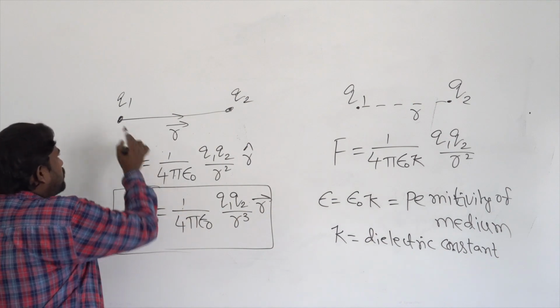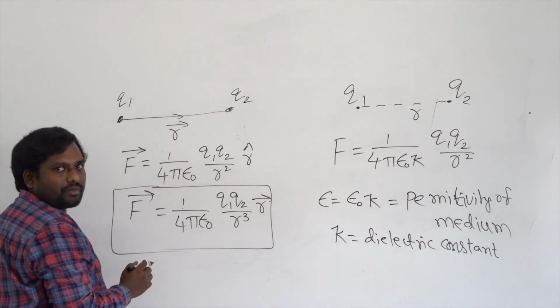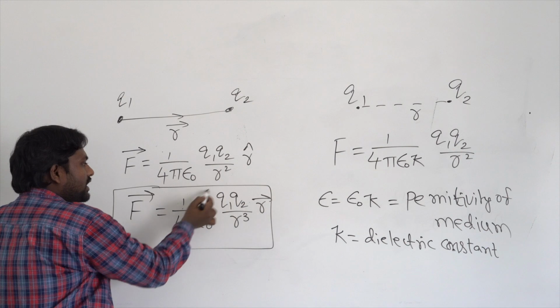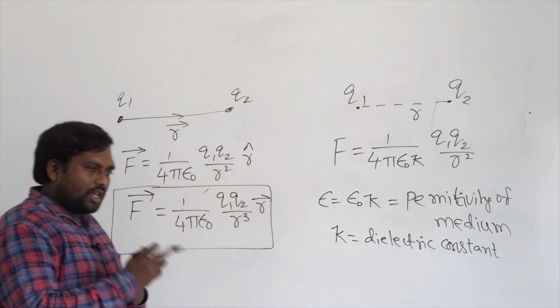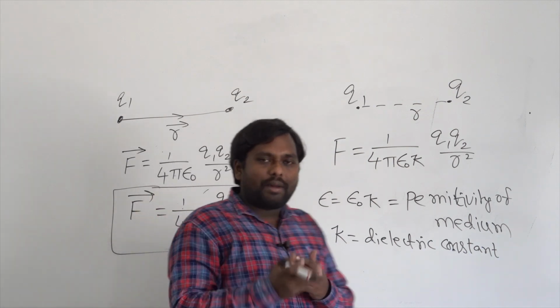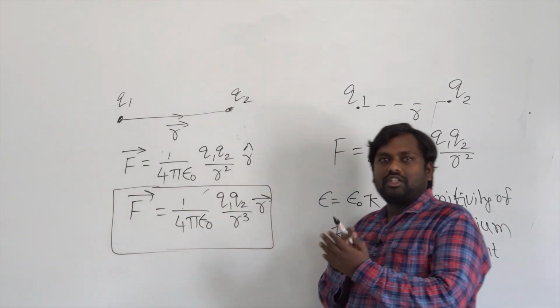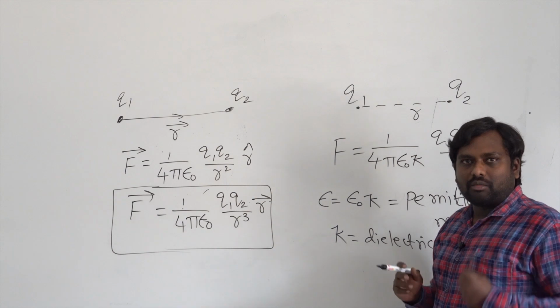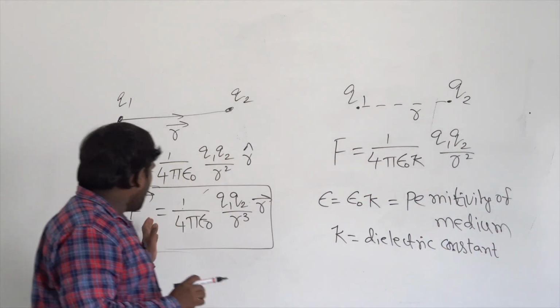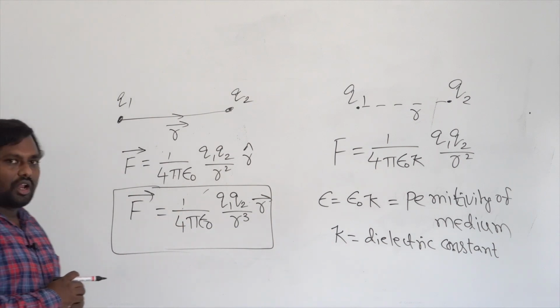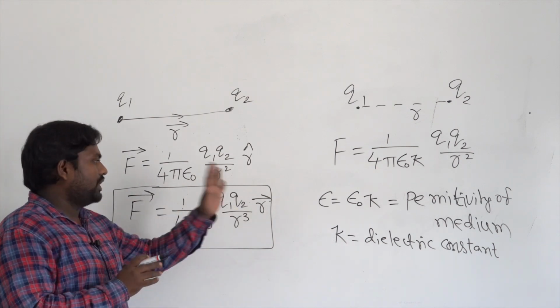And if I take this one minus and this one plus, or this one plus and this one minus, then the total is negative. Force is opposite to r bar. That means like charges repel each other, and opposite charges attract each other. That complete information is there in Coulomb's law in vector form. So F bar is equal to 1 by 4 pi epsilon naught q1 q2 by r cube into r bar.